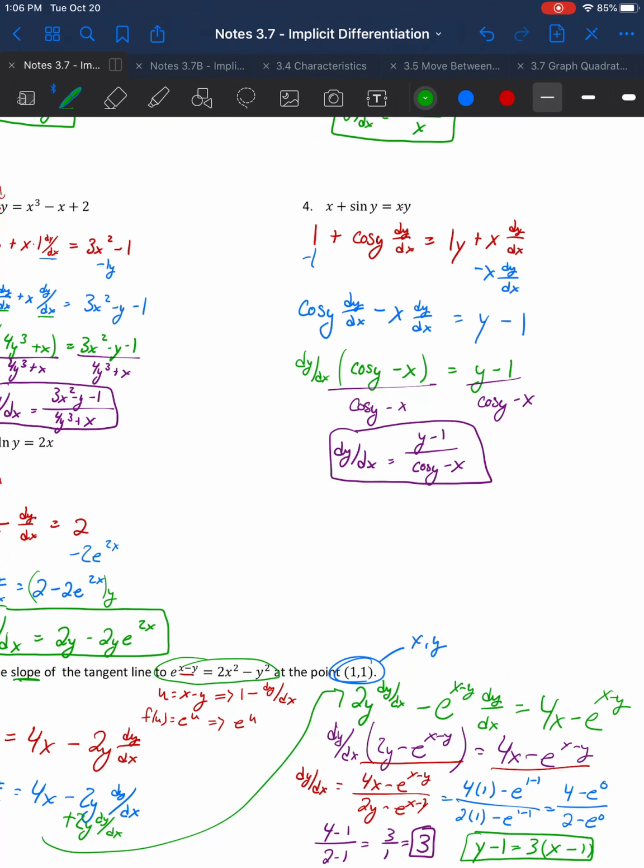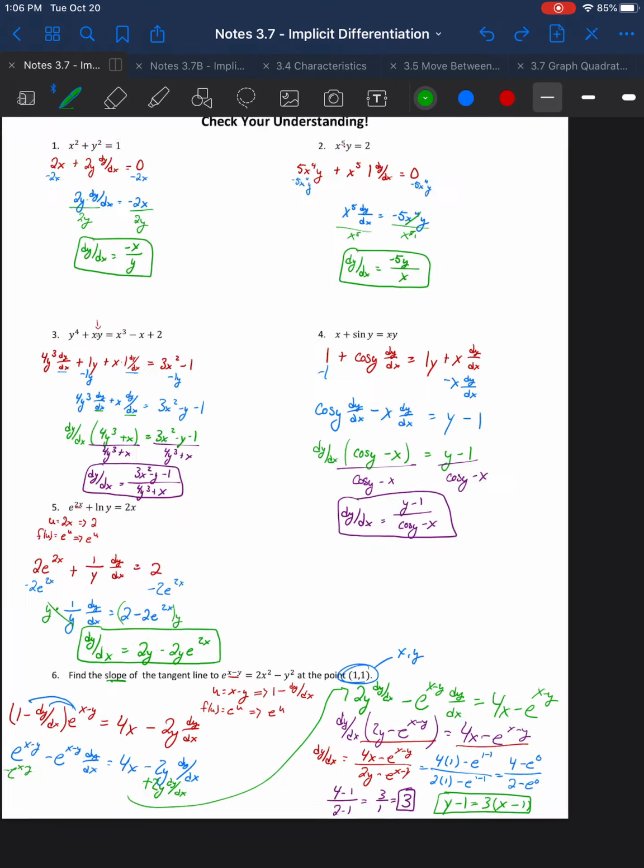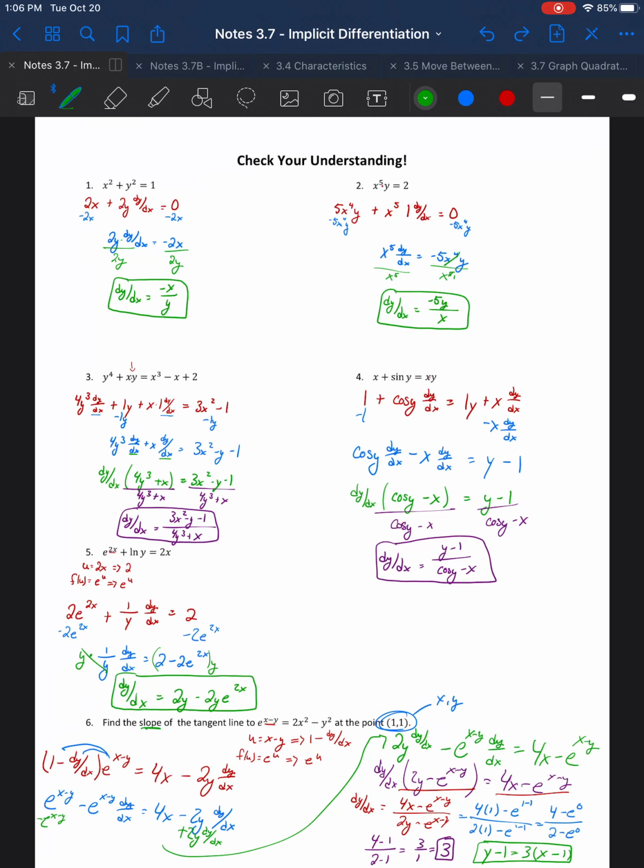That is the slope of my tangent line, which I know this question didn't ask, but therefore the equation would be y minus, what was our y1 value, equals slope times x minus, what was x1? This would be the equation of